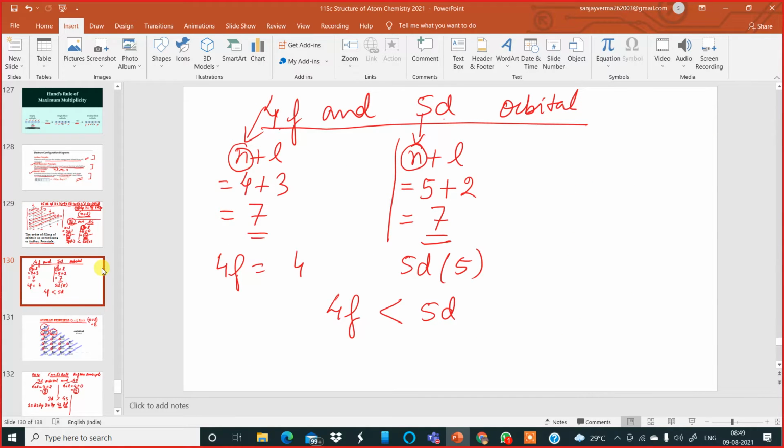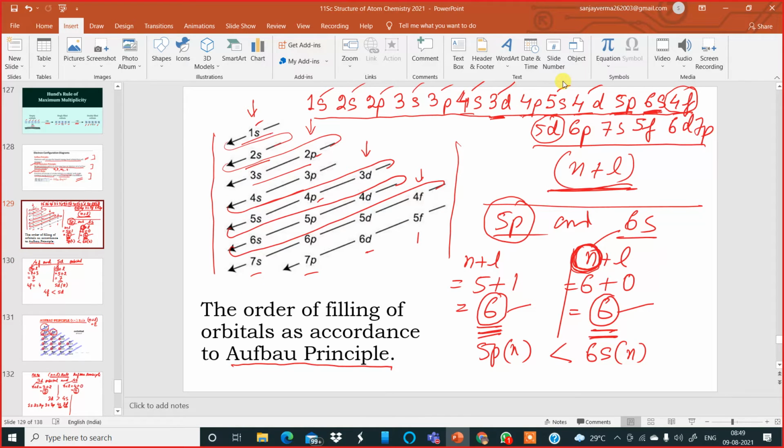So this is how Hopper had been able to arrange the orbitals in increasing order of energy. Am I clear with this or not? Tell me, boys. So, do we need to remember all the orbitals? I'll tell you. Try to remember at least till here, till 5s. 1s, 2s, 2p, 3s, 3p, 4s, 3d, 4p, 5s, at least till here by heart. After that, the remaining ones you can work out in this manner.